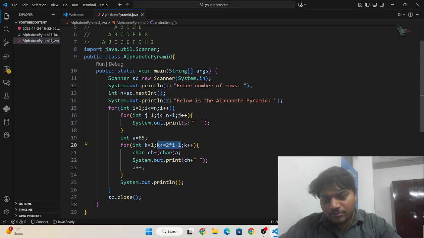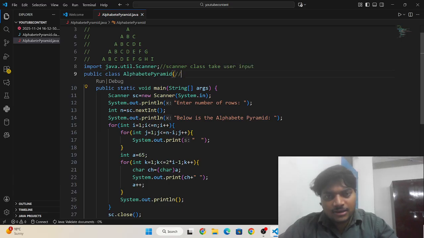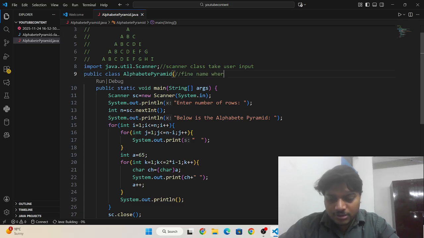Now I am going to write comments for each thing. This is the scanner class, as you know, what is the use of scanner class, to take user input. And this is the file name, file name where our code is going to be saved, okay.